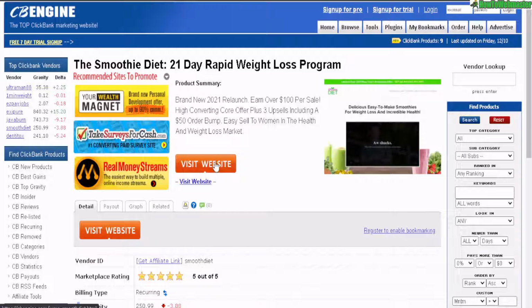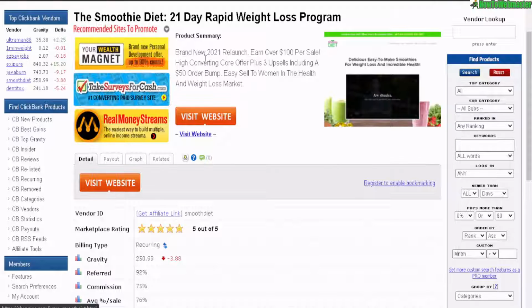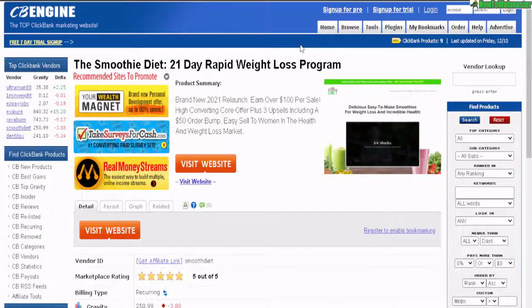Today I am checking out CBEngine. This is the best Clickbank research tool available right now, and it is actually free to use for Clickbank product research. There's also a premium version, so let's quickly check out some of the features when looking for Clickbank products